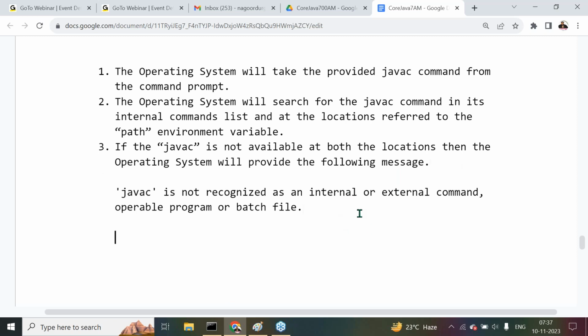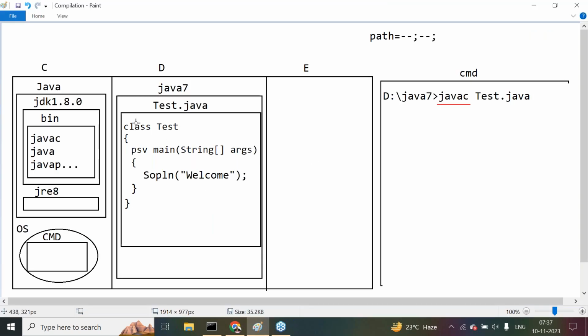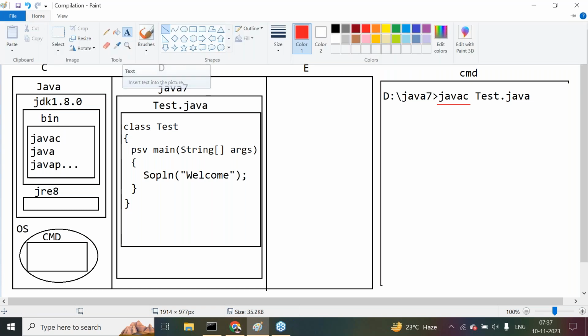After this, if it is not available, what are we getting here? Now my next point is: we already know at which location the javac command is available. So we have to set the path environment variable to make this javac command, and all Java commands, available to the operating system. Observe carefully what I am telling. To make these commands available to the operating system, we have to set this bin location to the path environment variable. For that purpose, what we have to do there,